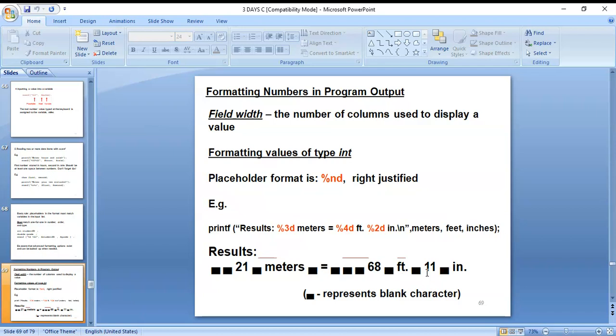Here four dashes, then two dashes after, then after inches 11 inches. Each dash represents a blank character, here three blank characters: one, two, three.